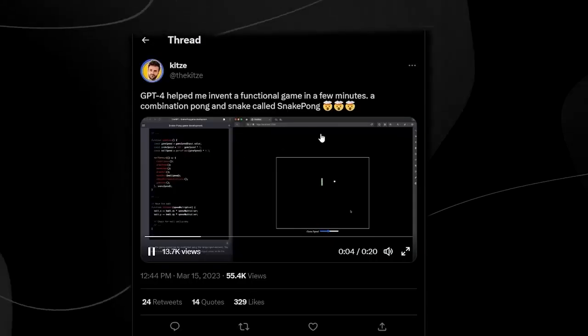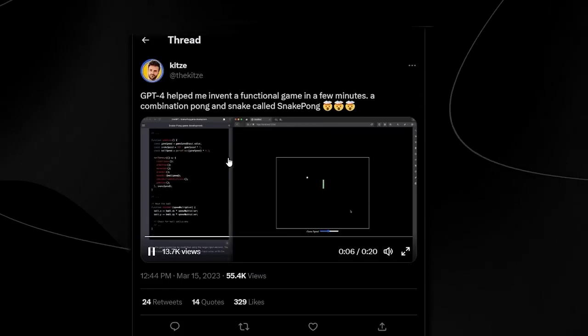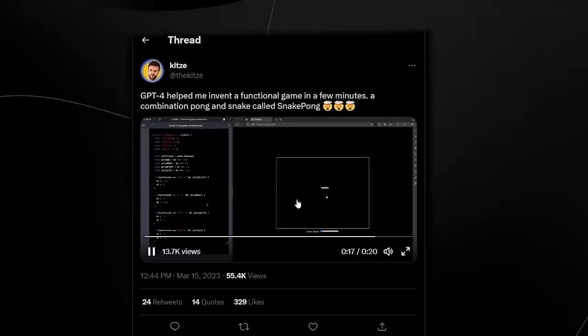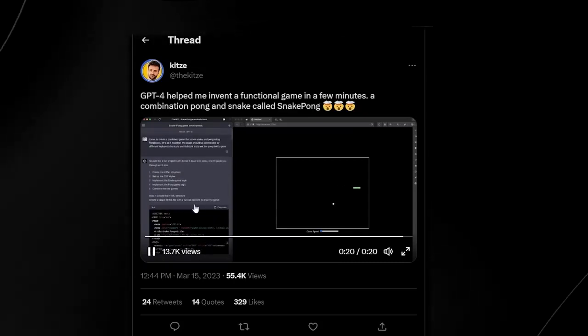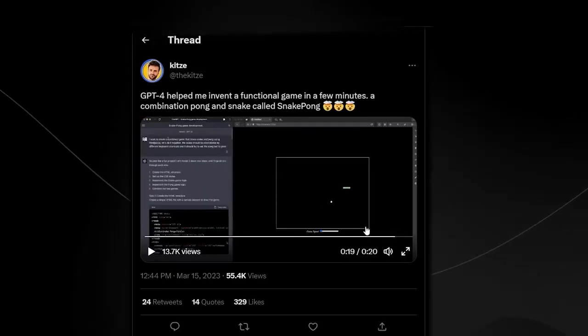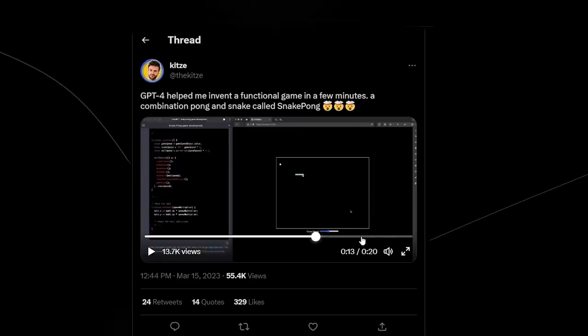Now, although this might not be something that you want to use, ChatGPT can be used to create very basic games that you can play in your browser. And of course, you guys can see right there, all you need to do is literally ask ChatGPT what kind of game you want to create, and then it will simply output that code,